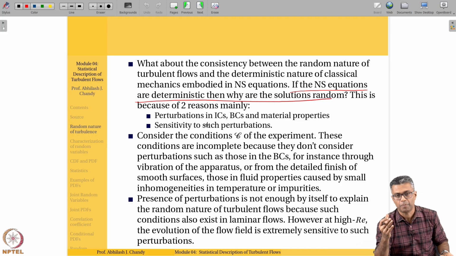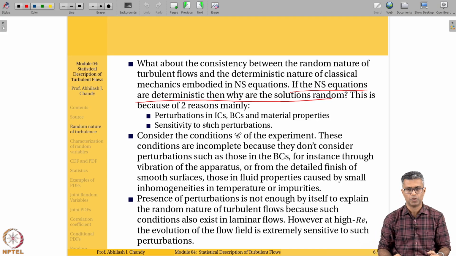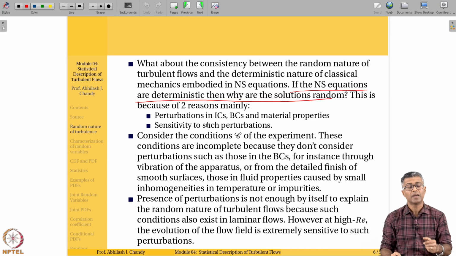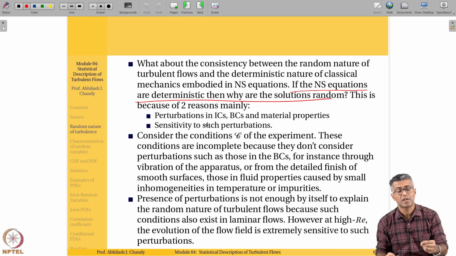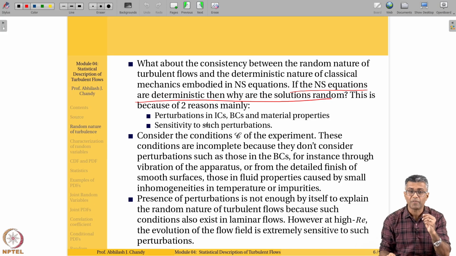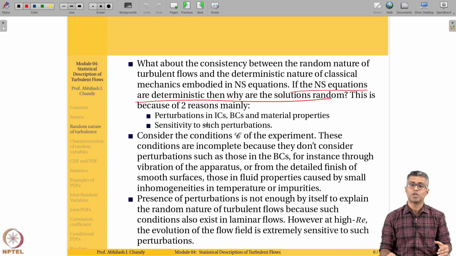So what happens is, if you consider an experiment, everything is not, for example, machined perfectly. If I consider a pipe, the inside surface could have some roughness associated with it. You could try to eliminate as much roughness as possible by precision machining. You could still have some roughness associated with the inside surface of the pipe. And that, I'm afraid, is to an extent uncontrollable. Can we quantify the roughness exactly? Because we intend it to be smooth, but it is not perfectly smooth.